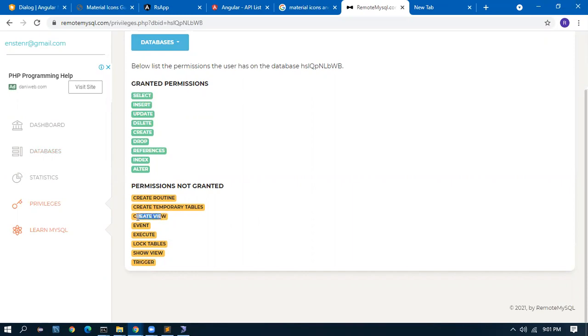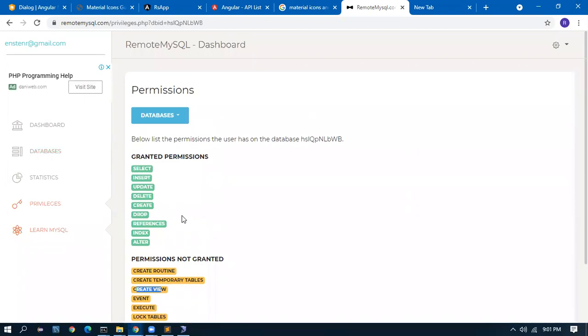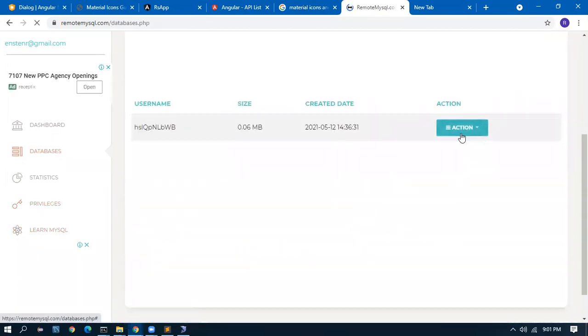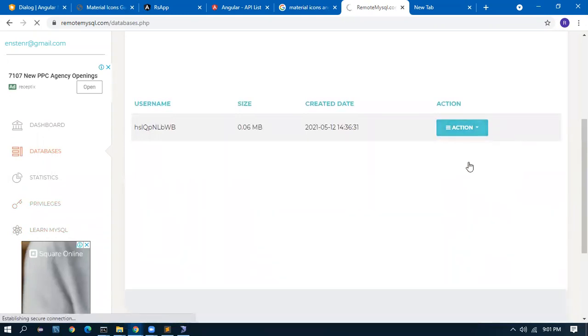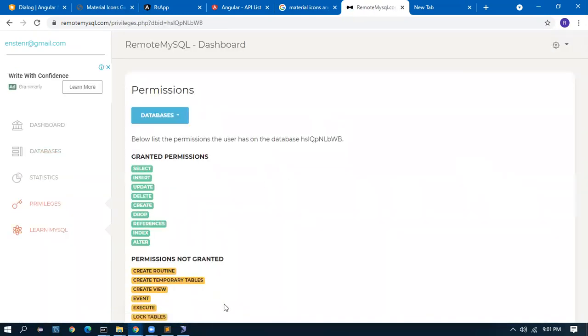So I will not be able to create a view. That view is something that is read only.